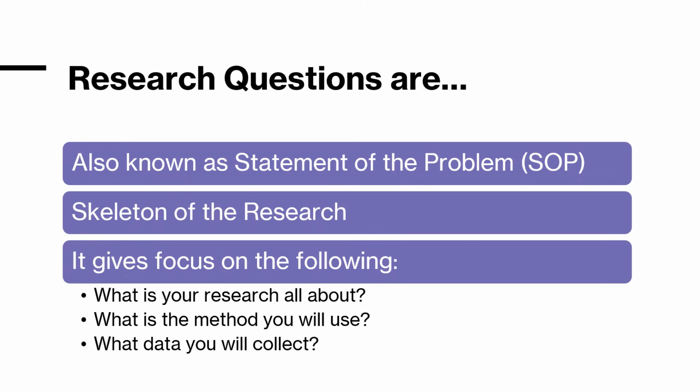When people, especially experienced researchers, read the statement of the problem, they already know what method you are going to use and what data you will collect. Remember, a research question would like to have data to be collected. Not directly from the people, but the general data that you want to collect. I'm going to give an example later of what those data are, or there will be another video. If you watch the other video, you would know what kinds of data we're looking at.